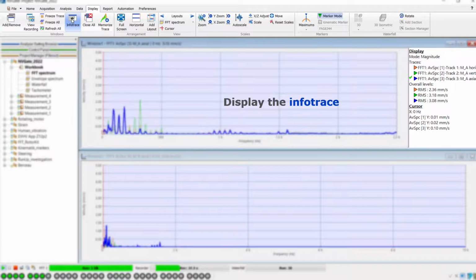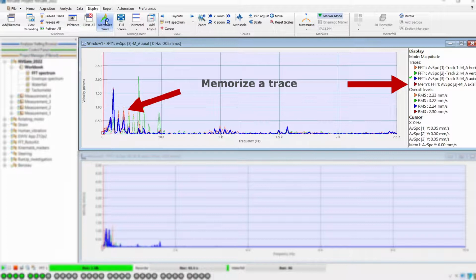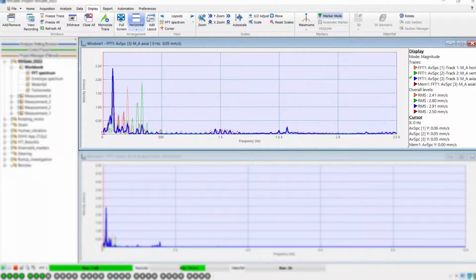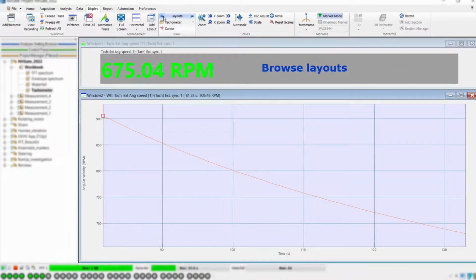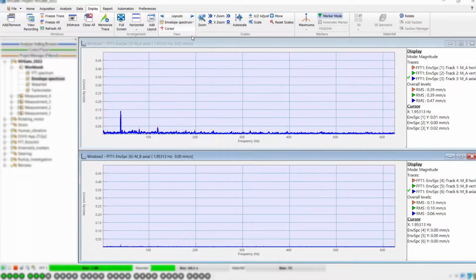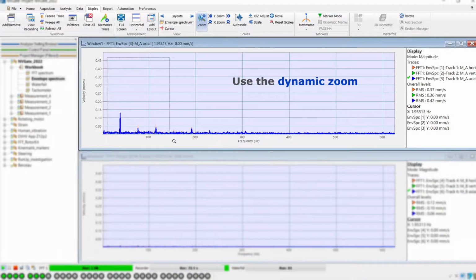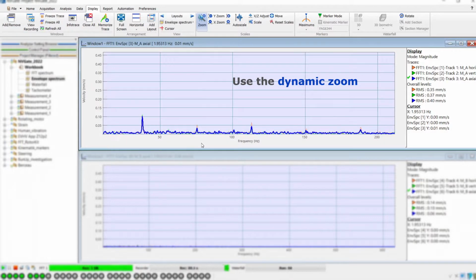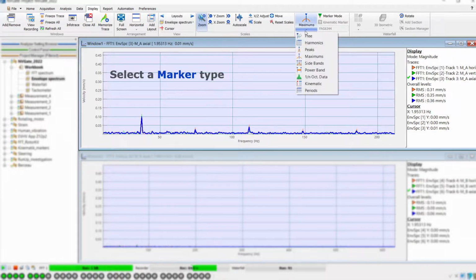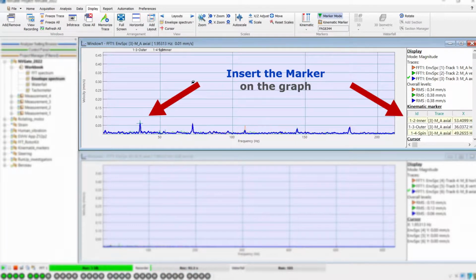Display the info trace, memorize a trace, navigate between existing layouts, zoom into results, choose a marker type and insert it on the graph,